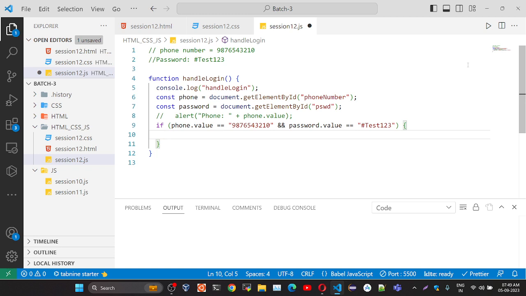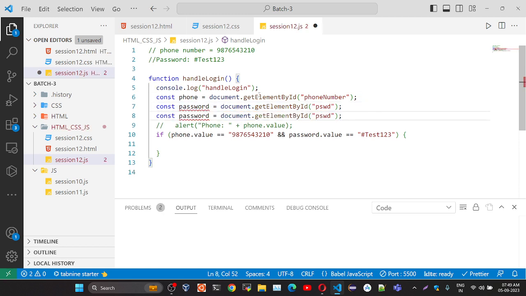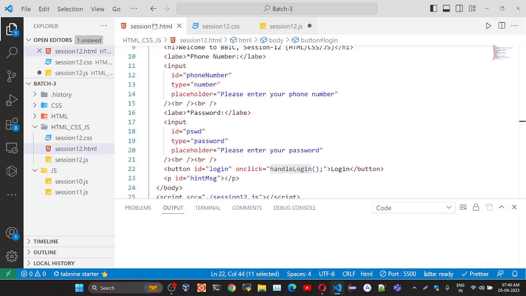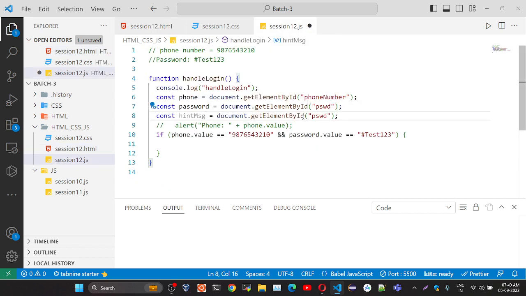Okay, so here we have one more element, right? So hint message. What is that id name? The same id name, copy this and give it here. Okay, so now what we need to do, if both are valid, then hint